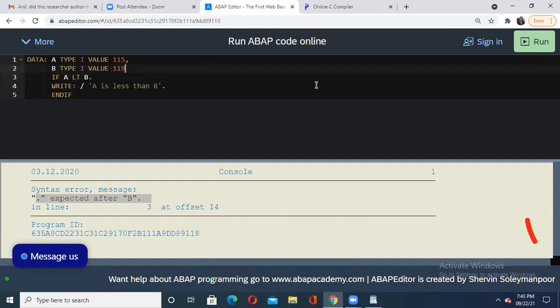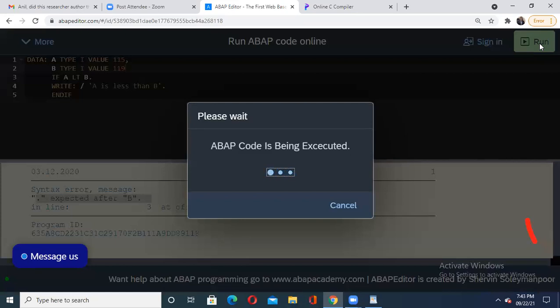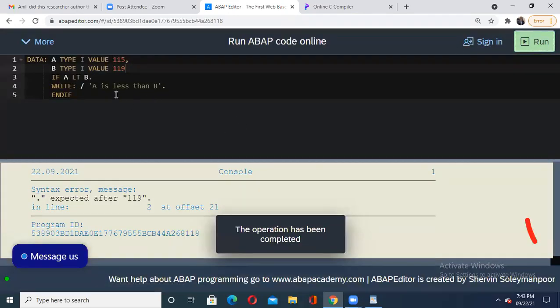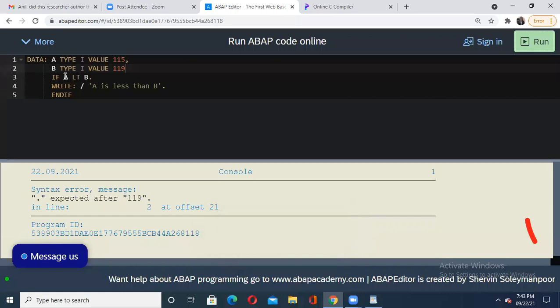Now let us find out, because if you observe carefully, in this particular case everything is written in the data statement. That's why we may face that error. Yes, it is expected after this. Now what I'll do, I'll remove it from the data statement and we'll keep it separately.